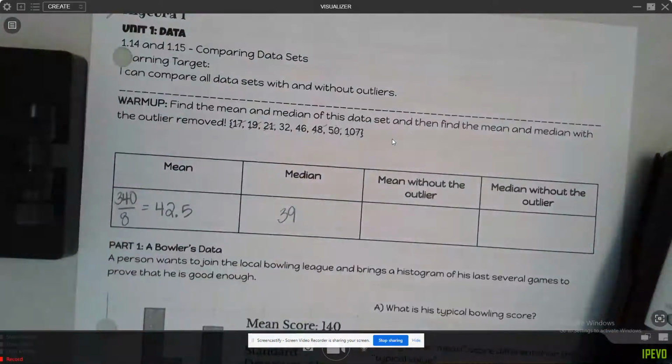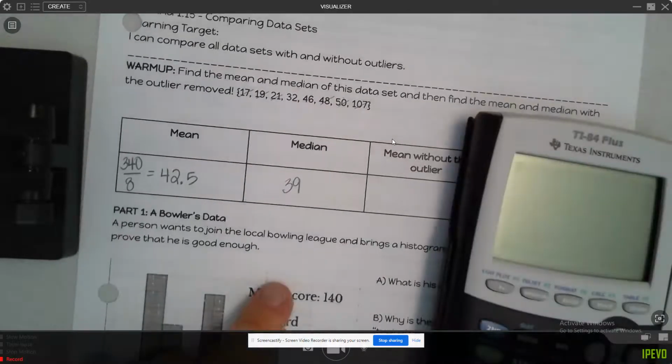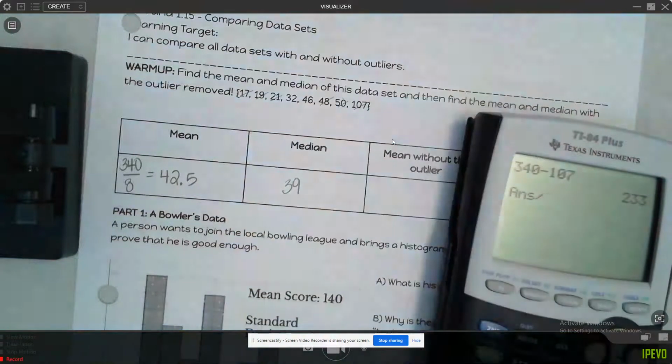Okay. Now remember, when you have an outlier, which one's more accurate, the mean or the median? The median is more accurate. Now let's find the mean without the outlier. So I'm going to take 340 and subtract 107 because that's my outlier, and divide by 1, 2, 3, 4, 5, 6, 7. Divide by 7. So my mean is now